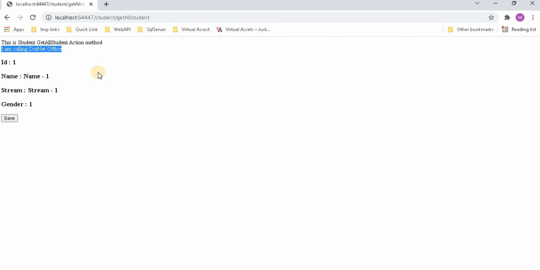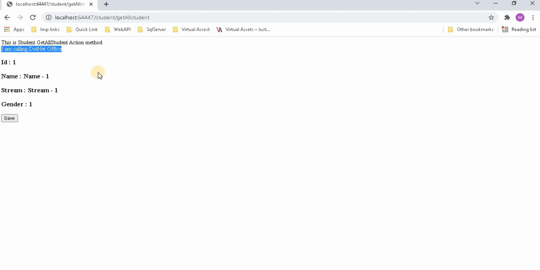With the ViewData we have to do the typecasting. So let's use it. Here I'm going to take one variable called data, take this part, and do the typecasting for this one.